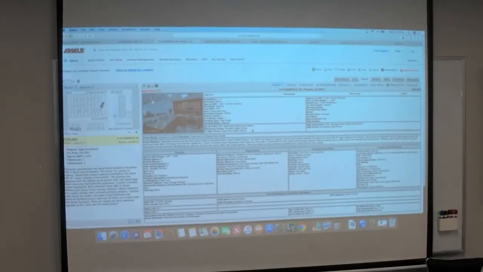MLS does a lot more than just look for properties. It can be your CRM. You can have it keep track of people. You can have it email people. You'll know when they're seeing stuff. You'll know their information's accurate. So if you don't have a CRM, you can use it for that. If you want to use RPR through it, there's tons of stuff, even above and beyond what I've